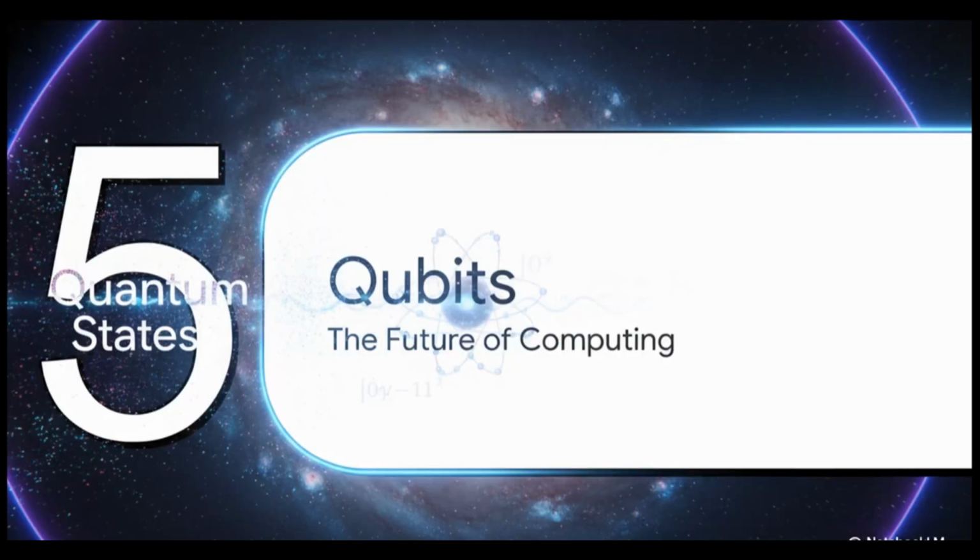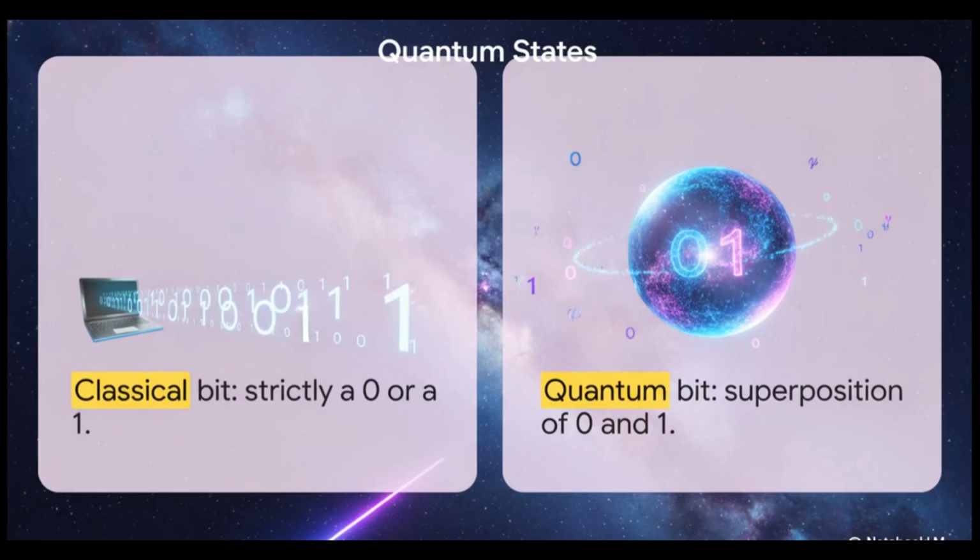Part 5. Qubits and the future. Let's look at the cutting edge. Compare how your current computer thinks with how a quantum computer thinks. A classical bit in the laptop or phone you're using right now is strictly a 0 or a 1. It's totally definitive. But a quantum bit, or a qubit, that is literally a quantum state itself. Because of superposition, a single qubit can represent a combination of both a 0 and a 1 at the exact same time, right up until the very moment someone measures it.